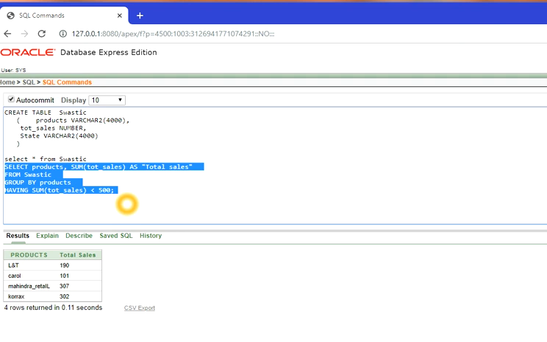I hope you have got today's lecture. So coming to the questions for this lecture: what is the syntax of the HAVING clause? Next question, please note down, with what other clause do we have to use the HAVING clause, that is, the HAVING clause needs to be used with some other clause, and what is that one? And the last question is why we need to use the HAVING clause. So comment your answers, I'll check them.